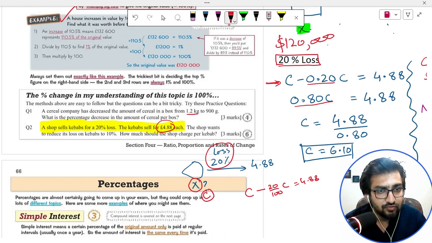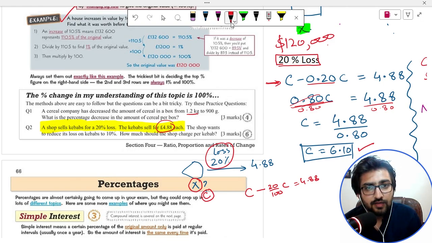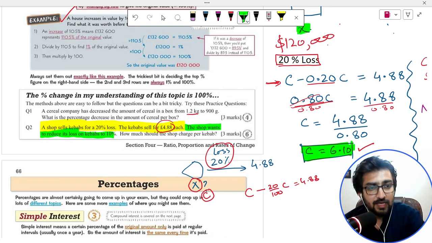So now let's find out C. Divide both sides by 0.80. This will cancel out and C is equal to 4.88 divided by 0.80. You will get this. Now this is the original price of kebab. You got that. Now let's read the question after that. The shop wants to reduce its loss on kebab to 10%. Now since you got the price of kebab, that is 6.10 pounds,